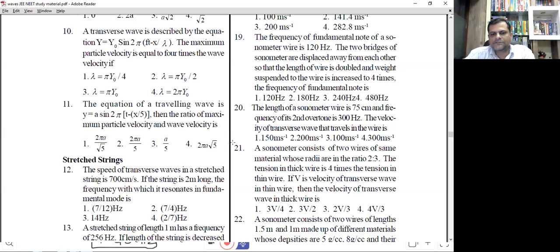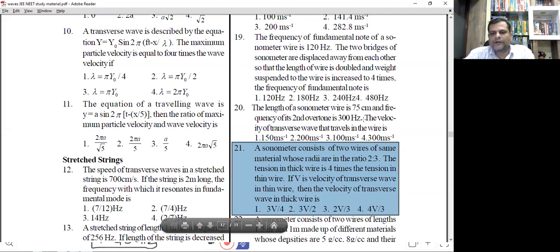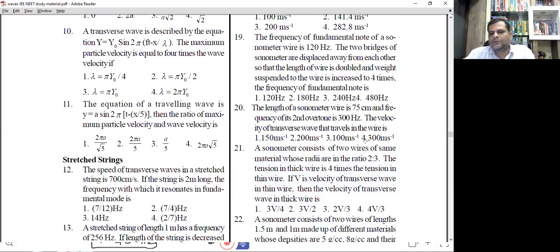Okay, look at the 21st one. A sonometer consists of two wires of same material whose radii are in the ratio 2:3. The tension in the thick wire is 4 times the tension in the thin wire. If v is the velocity of transverse waves in the thin wire, then the velocity of transverse wave in the thick wire is,